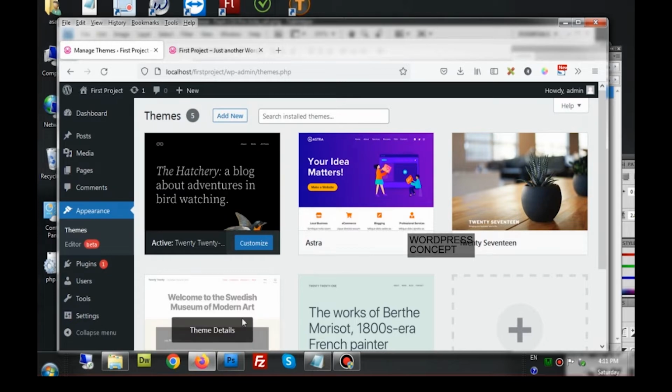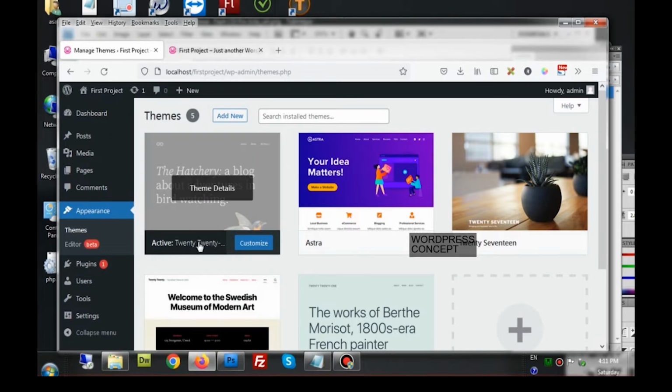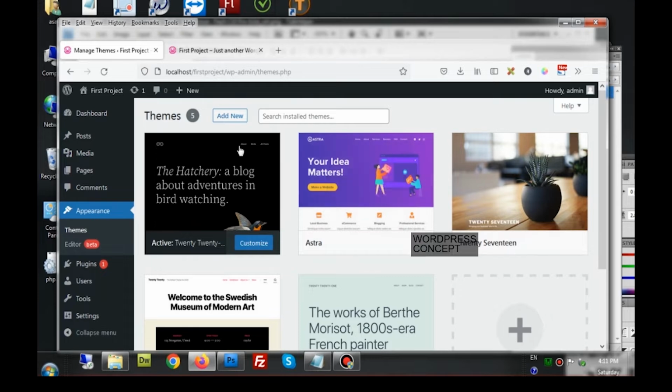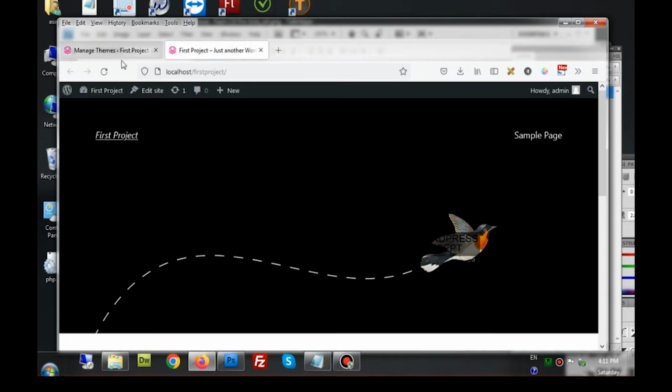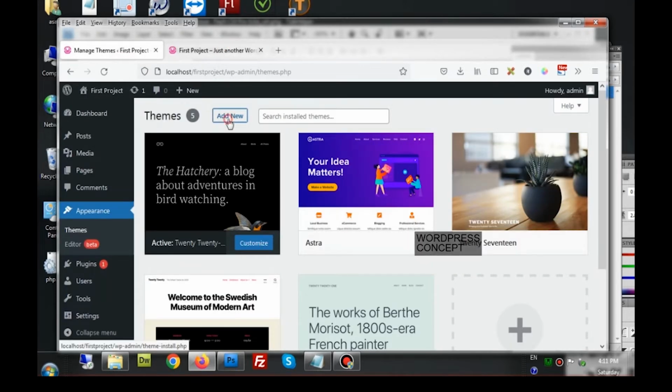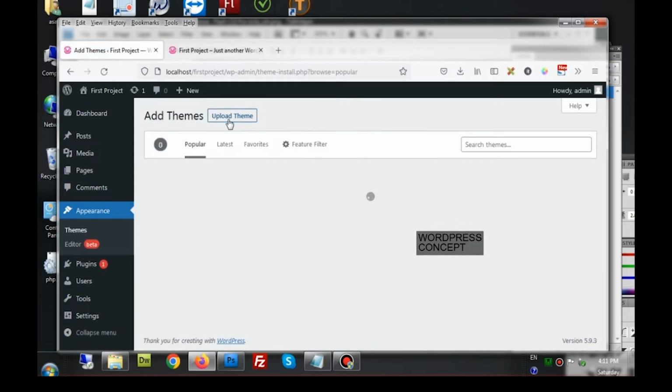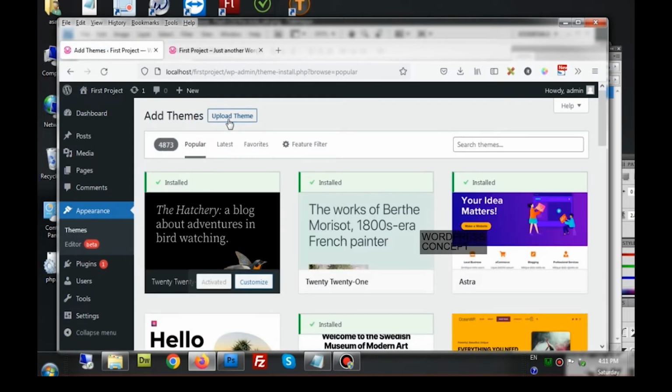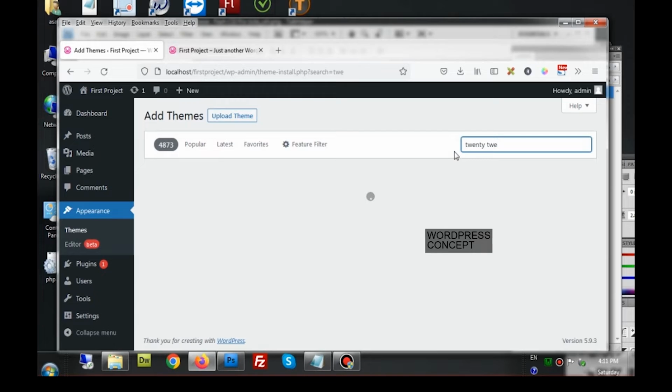Now, we can use this already installed theme as well. This is a theme which is already available, but we can add our new theme. Go for add new. The most convenient theme to modify is 2012.